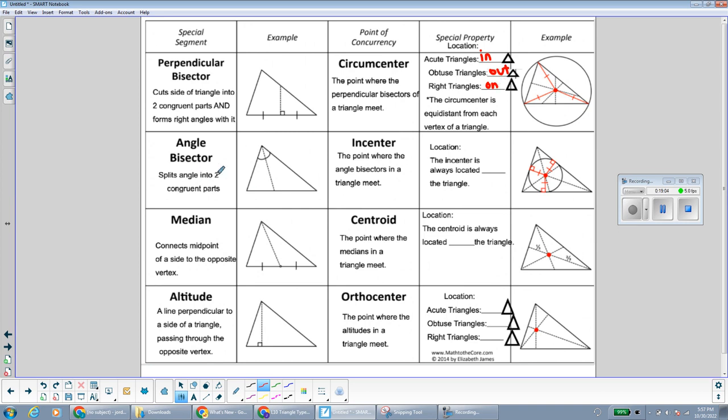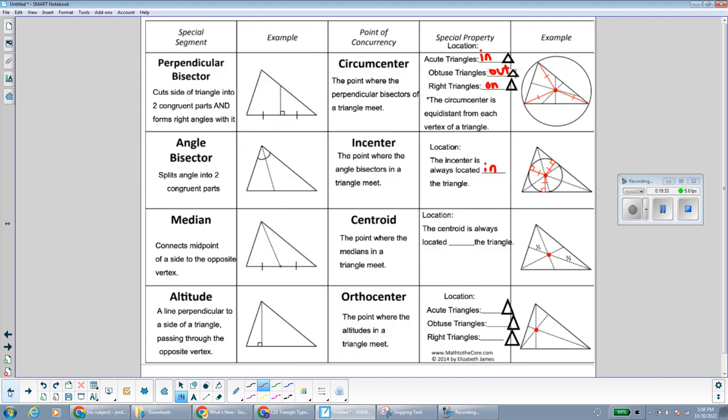The angle bisector, where the angle bisectors of a triangle meet, is called the incenter. The incenter is always located in the triangle. And we saw that with the obtuse triangle, that the incenter, and I'll show you a picture again, was located in the triangle, where the incenter, where the angle bisectors meet, is located inside the triangle. And you can see for the acute and the right triangle, it's still located inside the triangle. The next one's the median. So the spot where the medians meet is called the centroid, and the centroid is always located in the triangle,